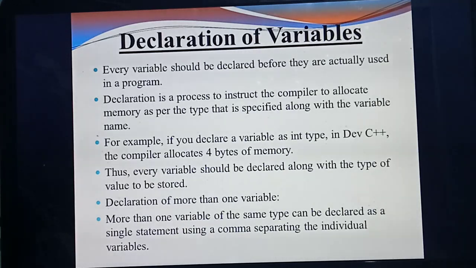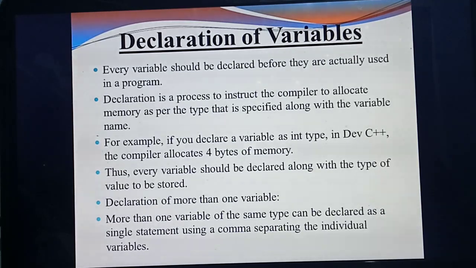declare them. Understood? For example, you are going to add two numbers, A and B. A equal to 5 and B equal to 10. What's the formula for adding two numbers? A plus B. How many variables are you using? Two. What are they? A and B. If you are using these two variables, before you use them, you should declare the